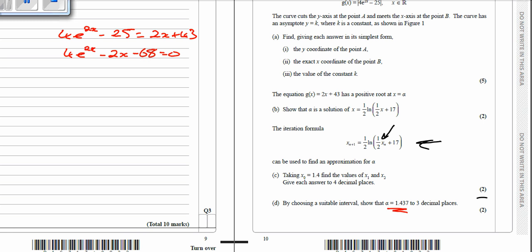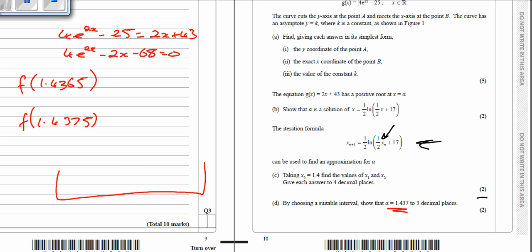And they're saying that this is a solution to that. So if that is the case, what we need to do is we need to then do f of 1.4365 and f of 1.4375. Now, let me explain that. They're saying that